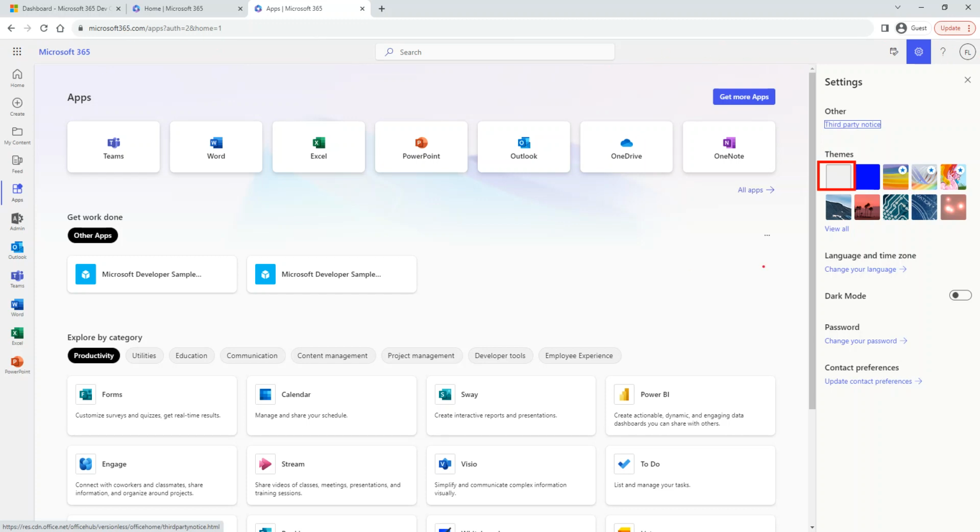But I still prefer to do it in the admin center. I don't want to do it here. We don't let people change the theme based on their preference. This is an organization team, and the admins will set it up in a central location, and then all users' themes are going to look the same, regardless of who that person is.